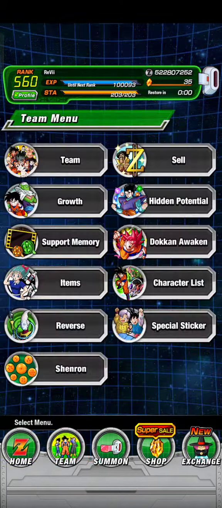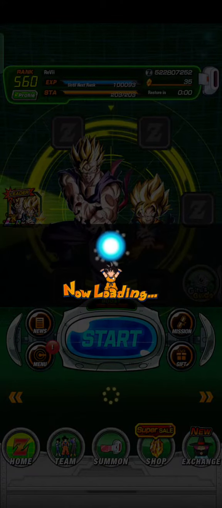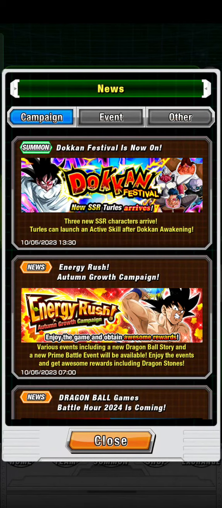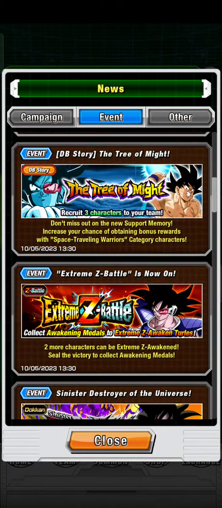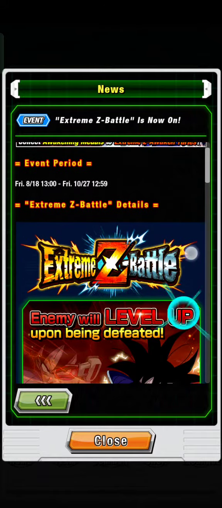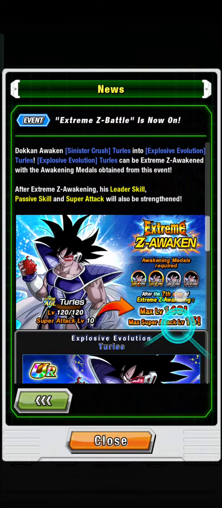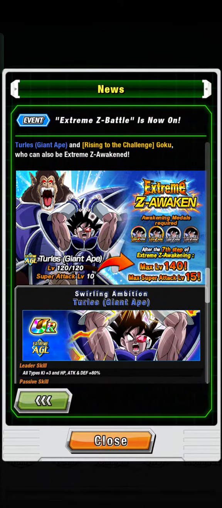And let's get started with the team. Stop the news update. So I made this video. If you have the Giant Ape of Turles, let's scroll down, and tap this one. Mainly this Extreme Z battle is for Turles, but you can get the sub EZA, this one, the Turles